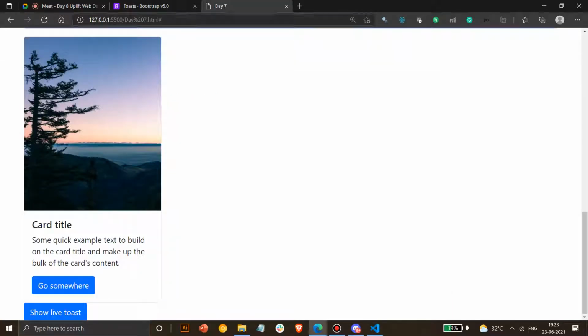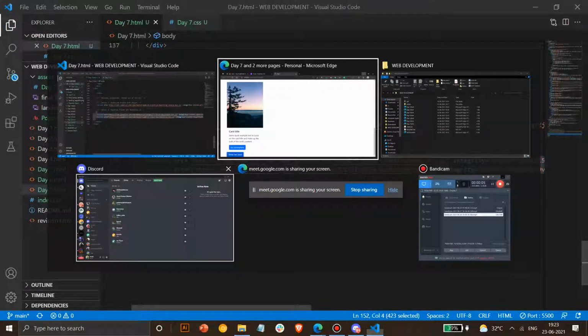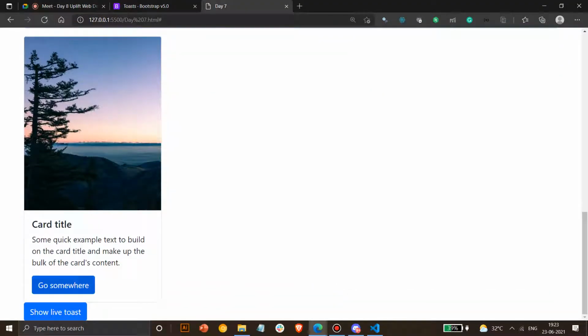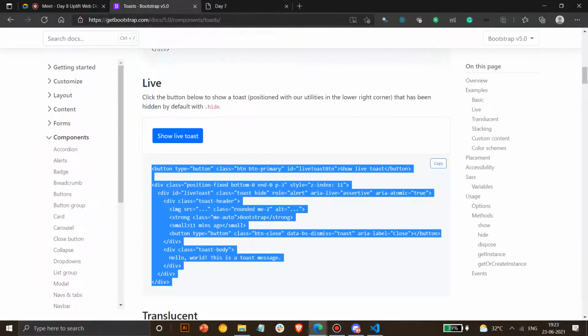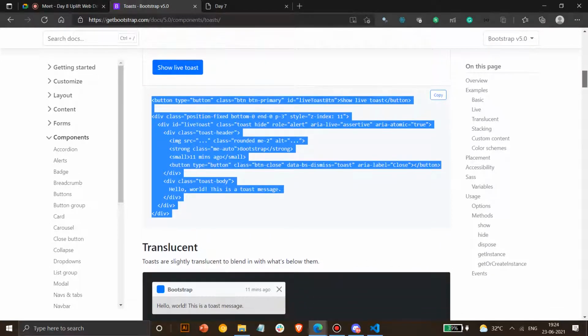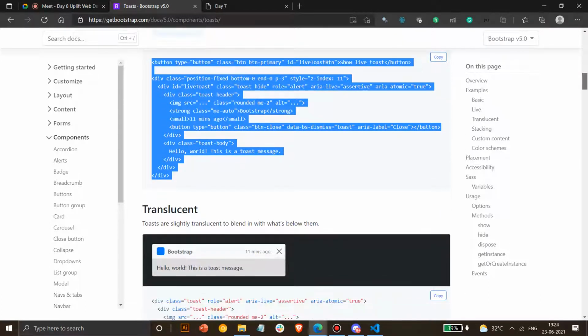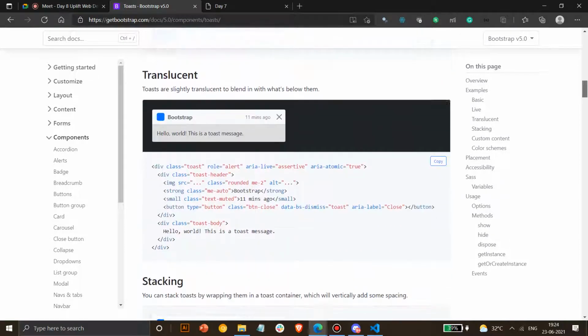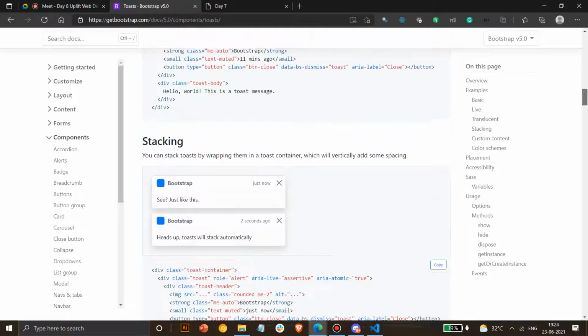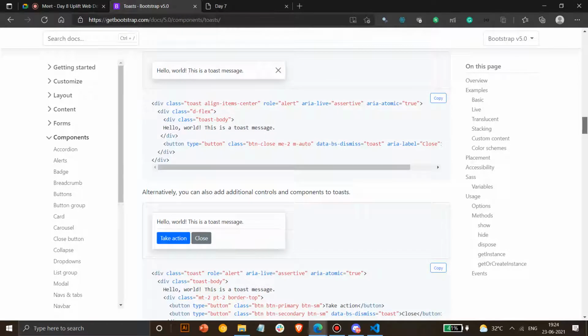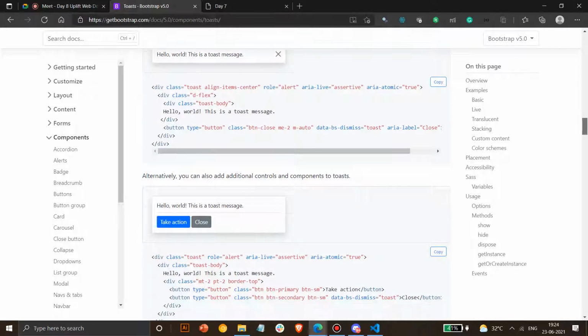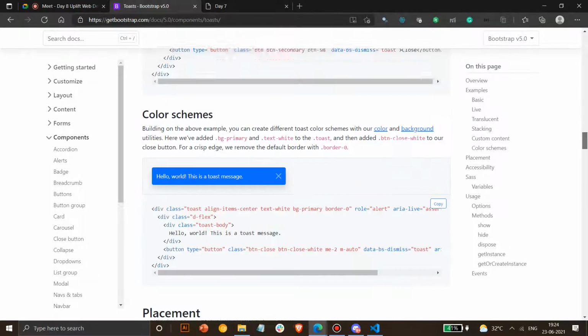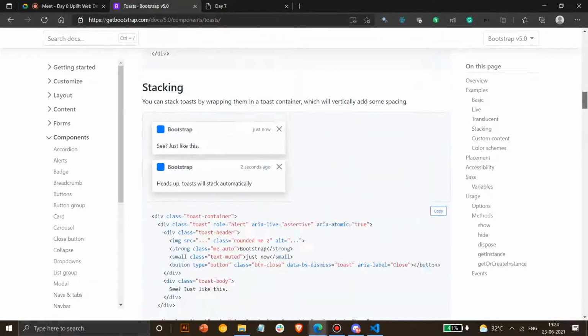Let's comment and see. Let's save it. Okay, I don't know why it's not showing. Div ID, alert automatic. It should show that, I don't know why.